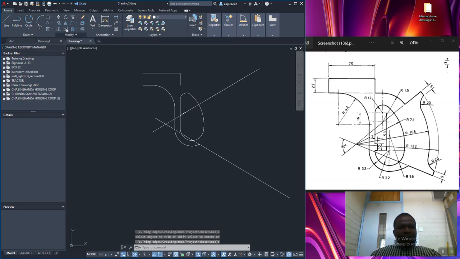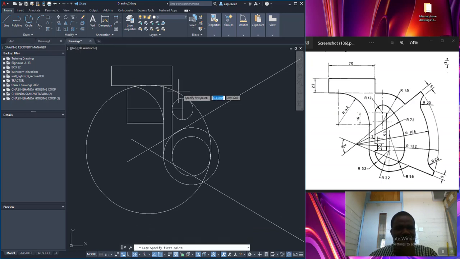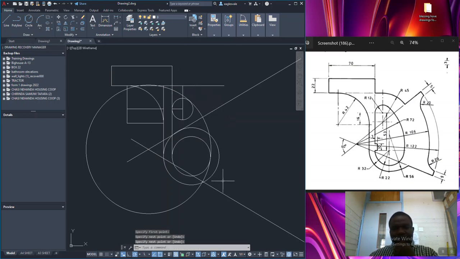And we also need to find a center radius of 45, which is along that line, so I should not have removed. I should wait for this. Then from this line I extend this line again like that, and extend this line to meet this corner. Now we're here. It means we need to measure, offset this line with 45, offset